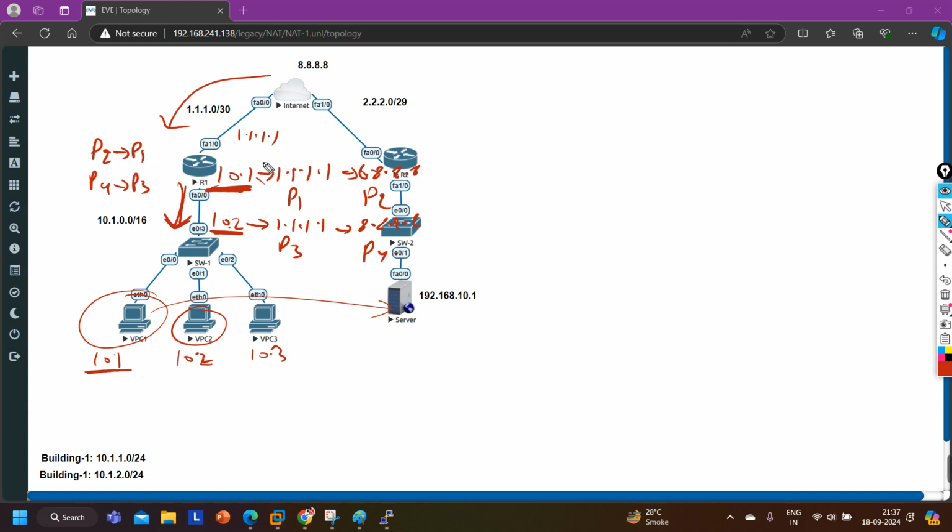On the basis of the port number, it will come to know which private IP address it needs to translate to. Clear guys? Any question till here?